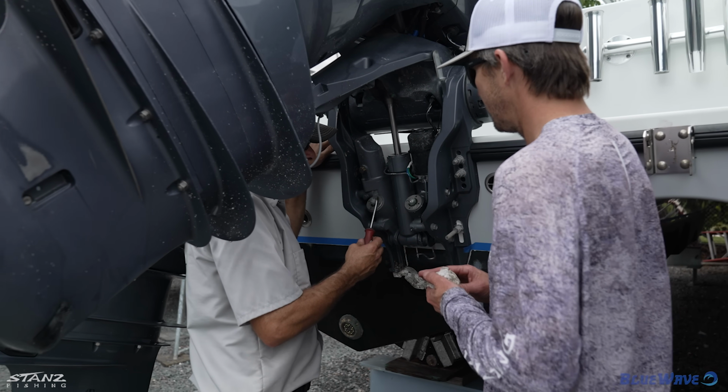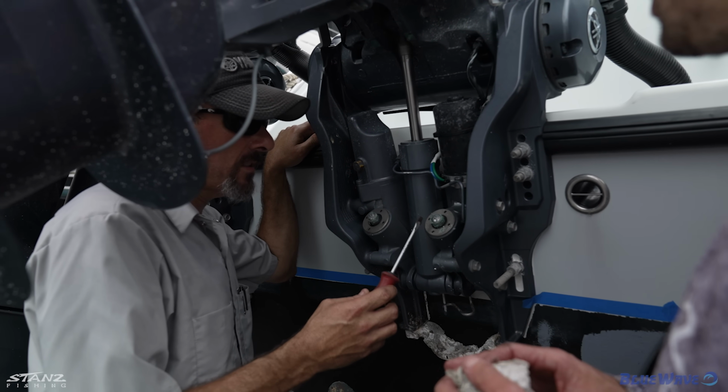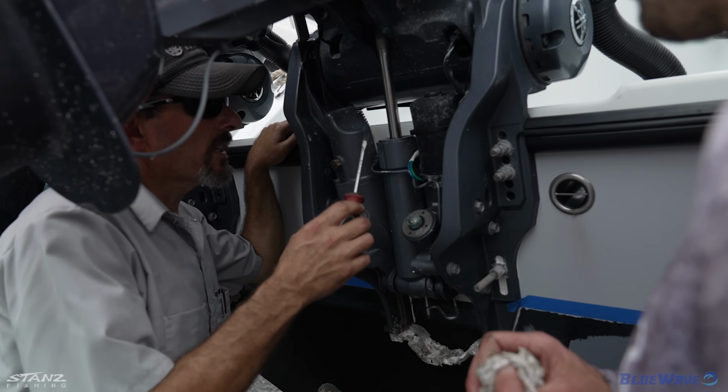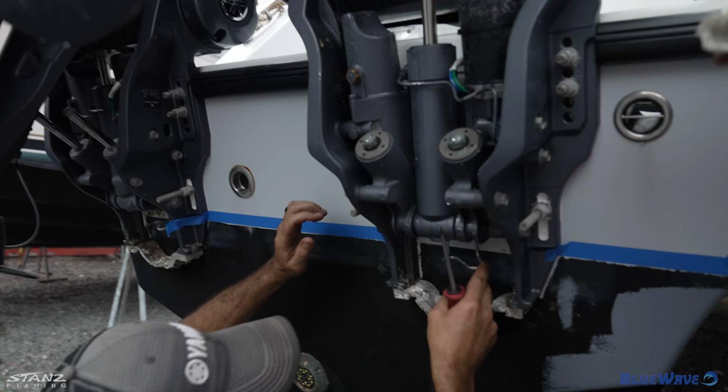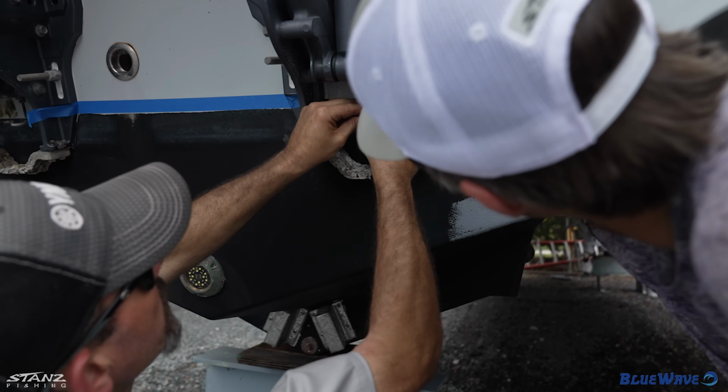Tilt trim rod. Trim rod cap and seal. I guess they did a cap and seal. You're correct. This one was fine, and that doesn't look like it's a problem either. And often this will leak. Will start leaking, but